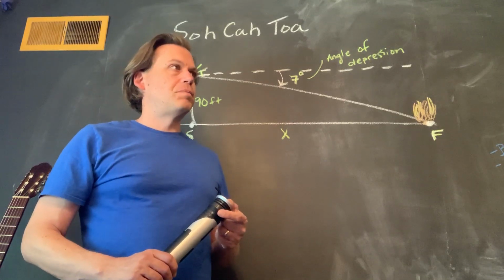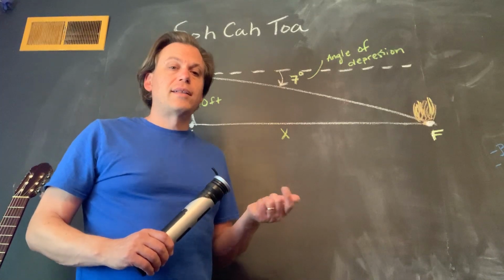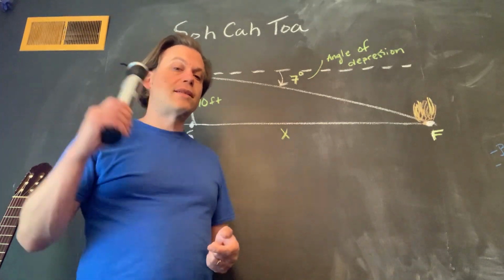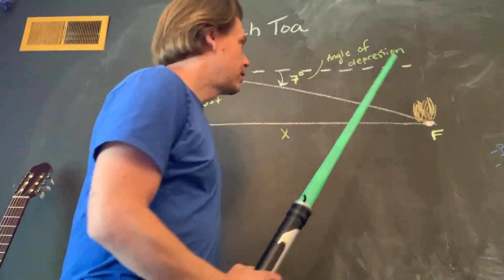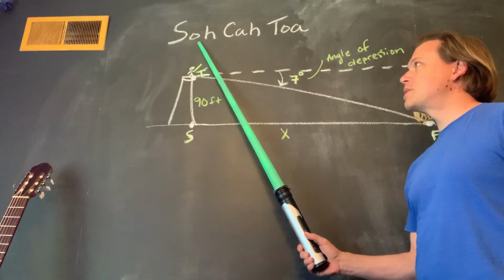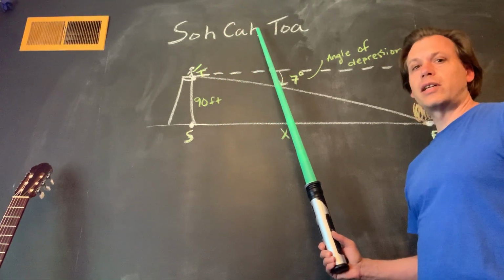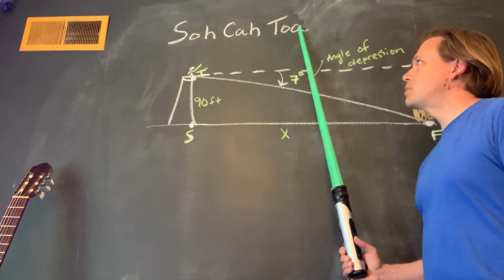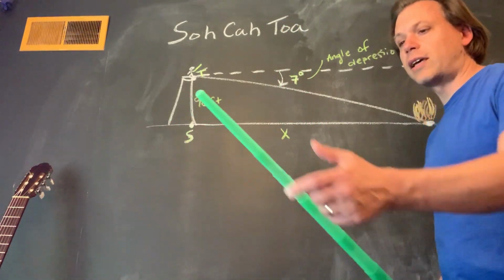It just becomes very useful for Jedi, this whole relationship. So let's get started. SOHCAHTOA: sine is opposite over hypotenuse, cosine is adjacent over hypotenuse, tangent is opposite over adjacent. So just remember that from the video from yesterday,